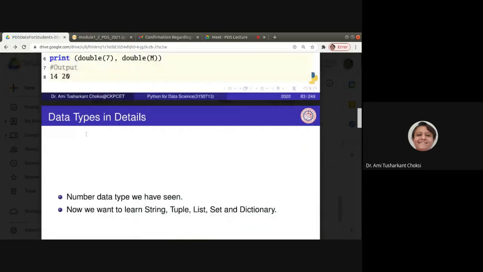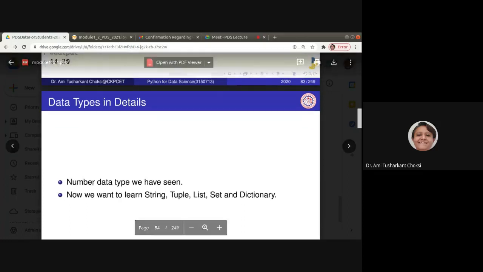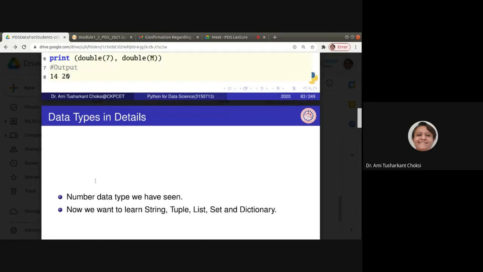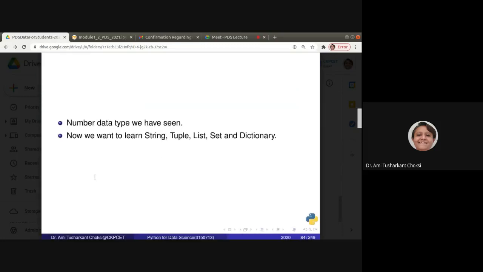So data types we have already seen, right? But what data types are available? That only we have seen. Now we want to understand them one by one in detail. Number data types we have also seen. We have taken many examples and we have already seen the numbers we are using, integer, float, right?